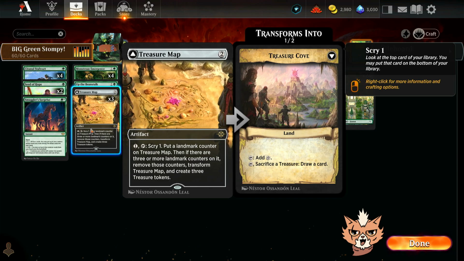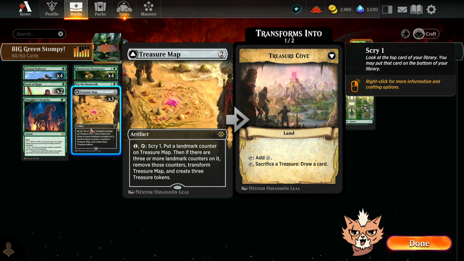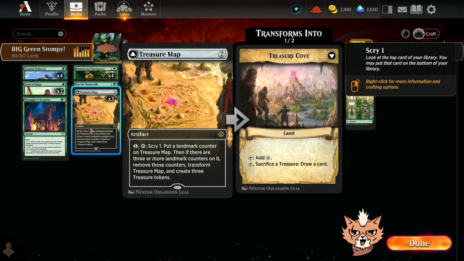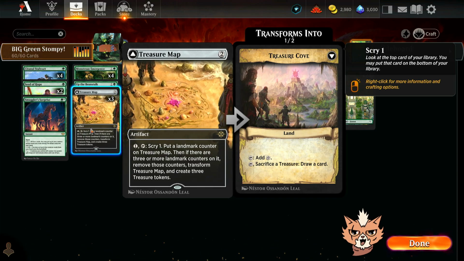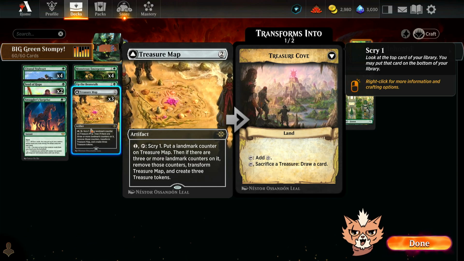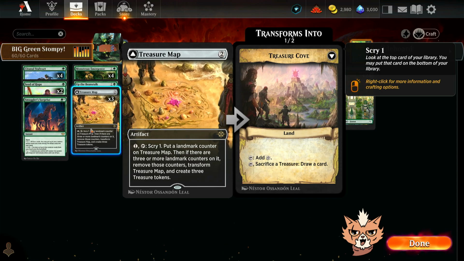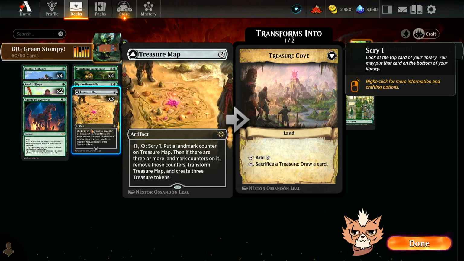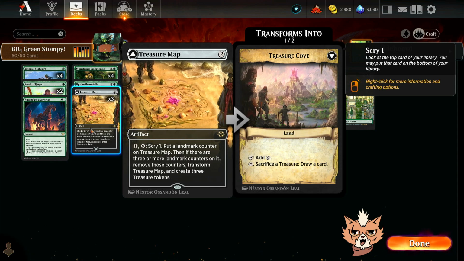2-mana artifact, you can pay 1, tap it, scry 1, put a landmark counter on Treasure Map. Then, if there are 3 or more landmark counters on it, remove those counters, transform Treasure Map, and create 3 Treasure tokens. Okay. Transforms into Treasure Cove, which is a land that taps for colorless, and then you can tap it, sacrifice a treasure to draw a card as well. It's a neat one to say the very least, and you know what I think it's going to pair nicely with